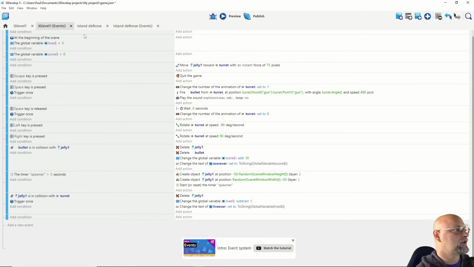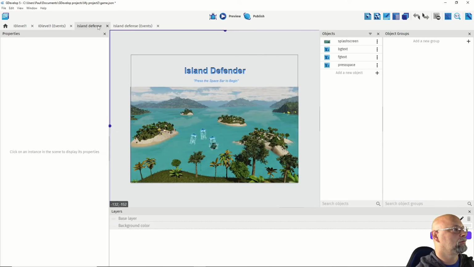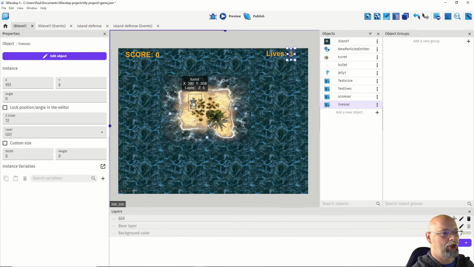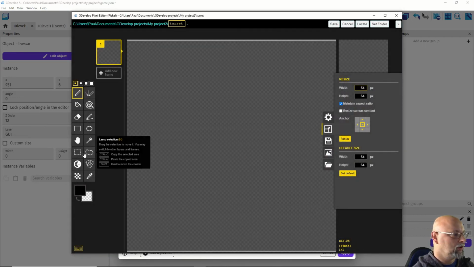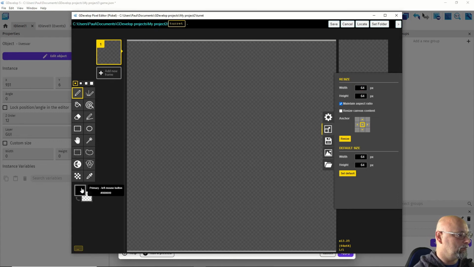But the other things to do are, you can add some music here. You can add some shake or bring in another animation, like an explosion. That would be pretty easy to do. And what we can do here is we'll just go add an animation and edit with Piskel, and we're just going to grab red,